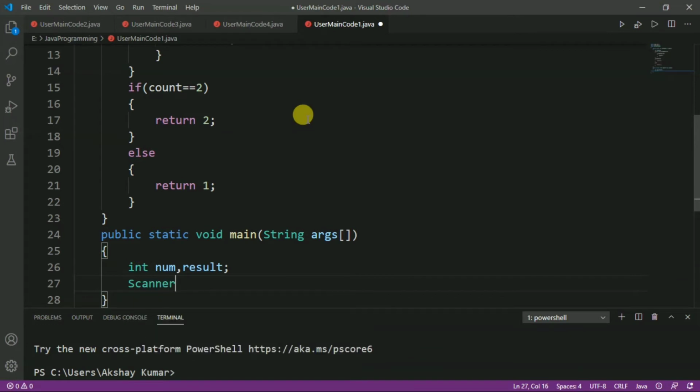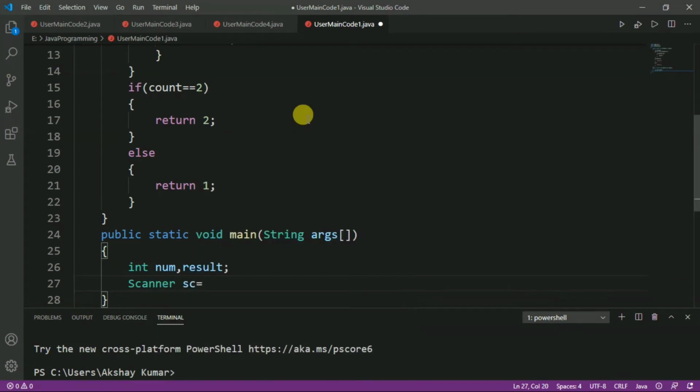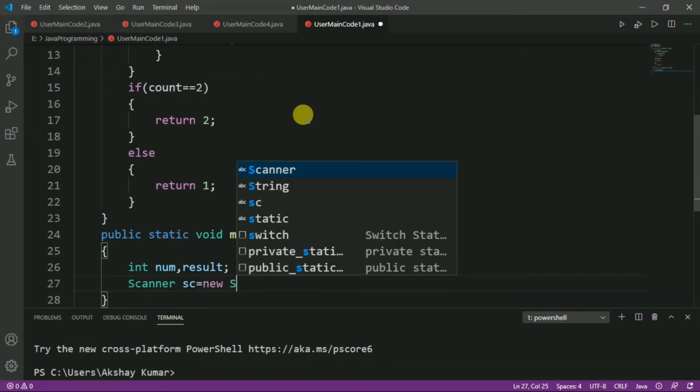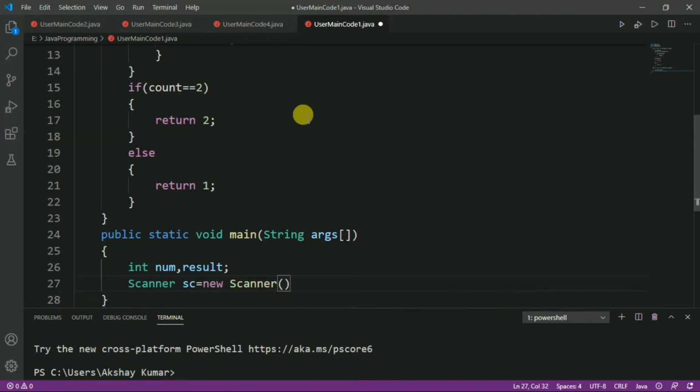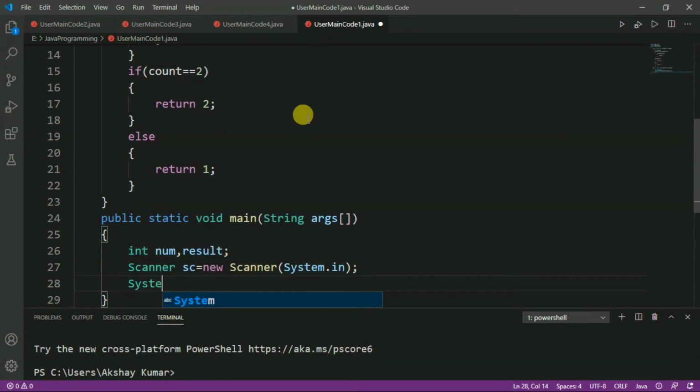Now we will create an object of the Scanner class to read the number from the keyboard. So we write Scanner sc equal to new Scanner, and here we pass System.in, and after that we will show a message to the user.